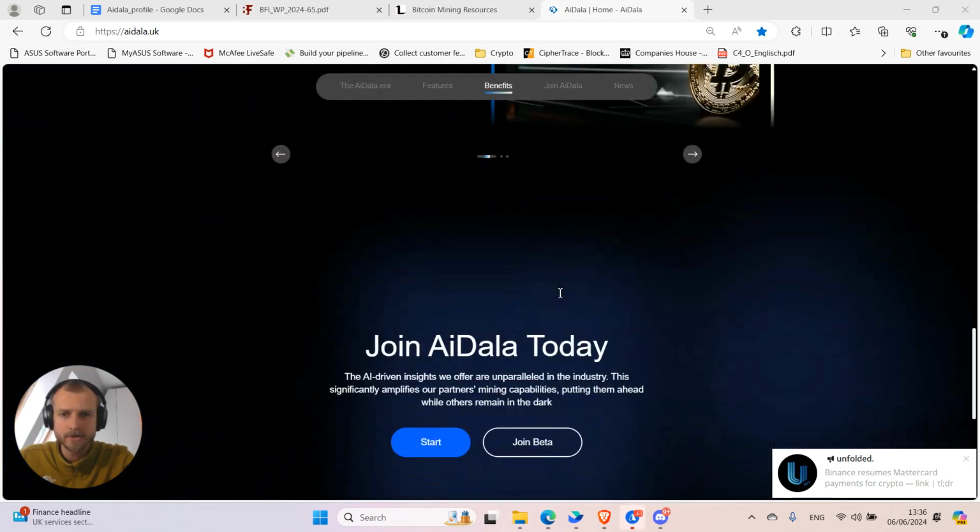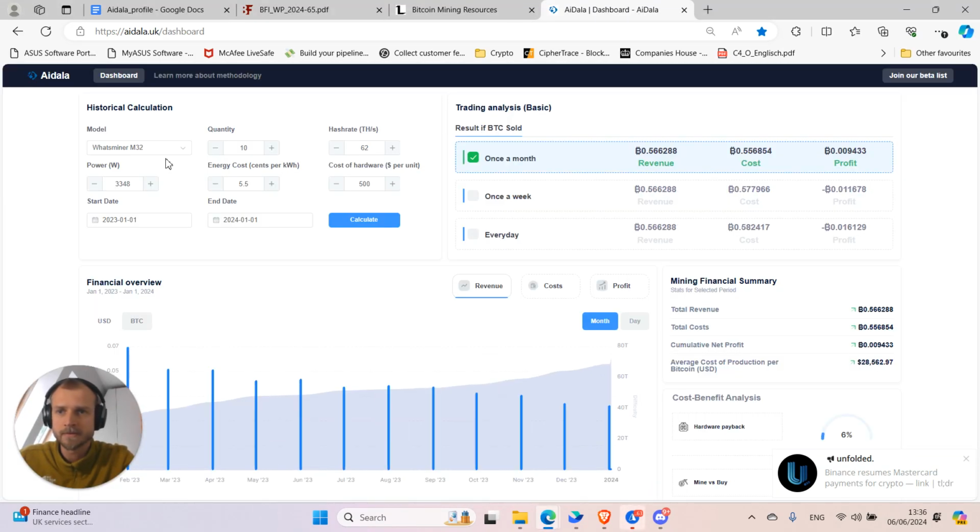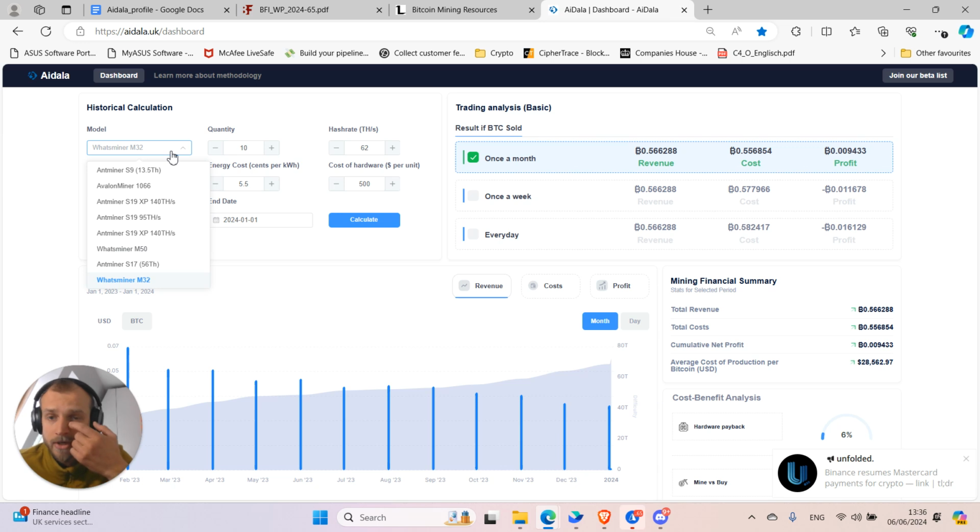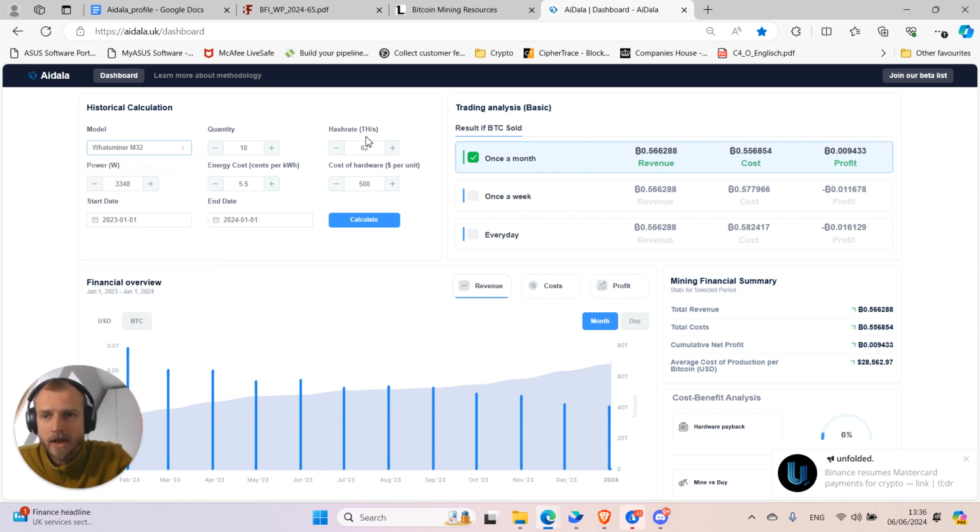Okay, let's jump straight into our calculator. On the top area, your inputs, down here, your outputs. Just like any other calculator inputs, here you can select your machine, then automatically hash rate and power will be pulled based on the specifications. You could, of course, adjust it, and then the output will be